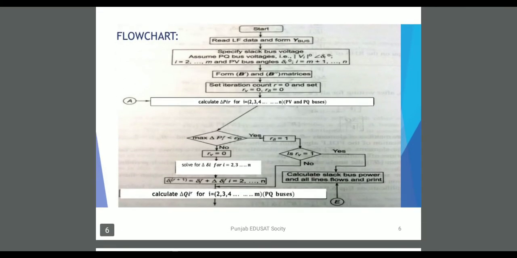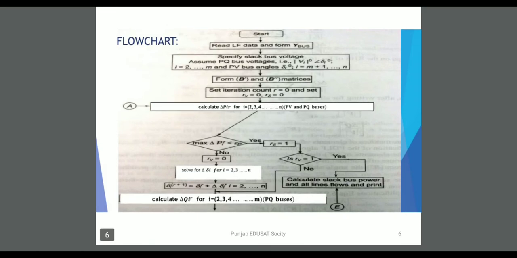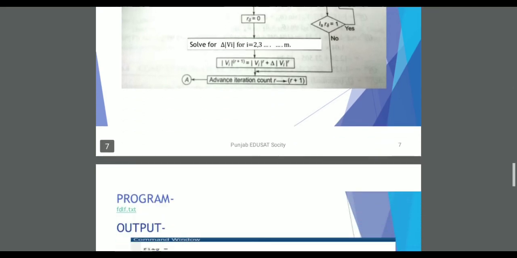And this is the flowchart representation, that is how to get a solution for a given load flow equation by using the FDLF method. The first thing is start. Coming to the second point, what are the things you need to read? First is the data, and the second is you need to form the Y bus. Then you need to specify the value of the slack bus voltage, which is also called the swing bus. And you need to assume some value of PQ bus voltages, and you need to calculate the values of P and V in their buses. Then you need to follow the procedure according to the flowchart given in this particular slide. And this is the continuation of the flowchart.